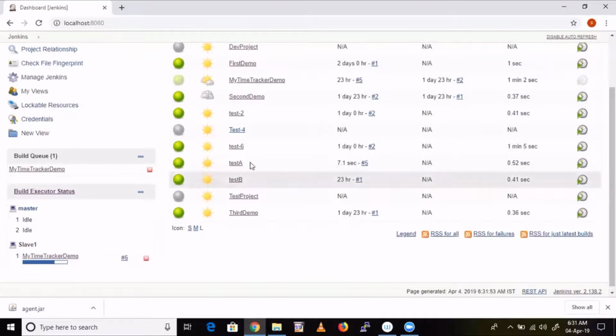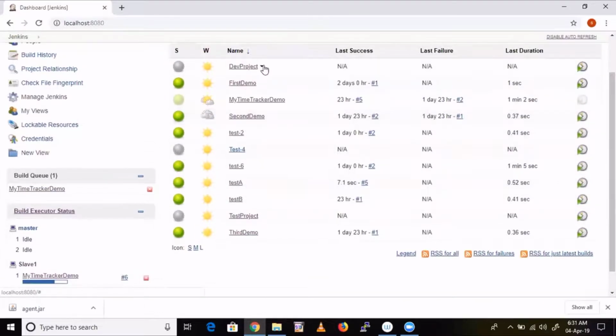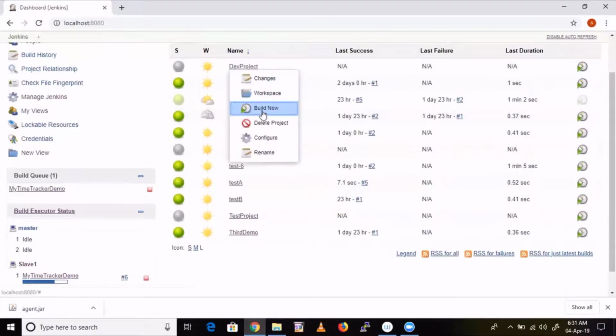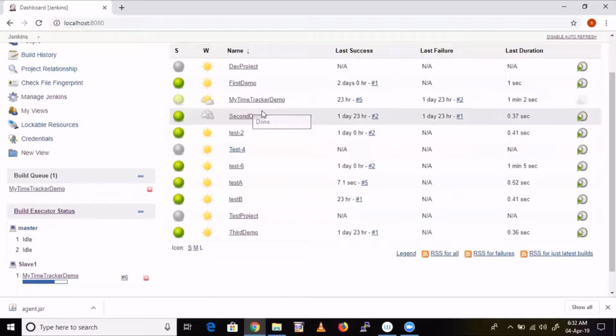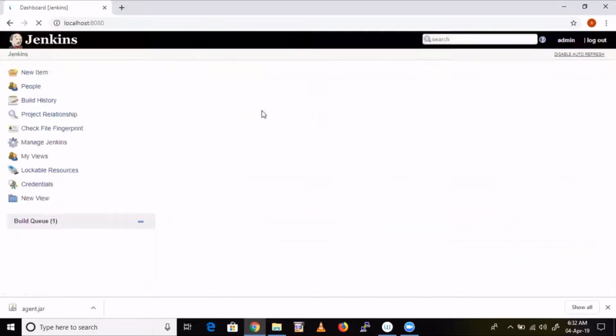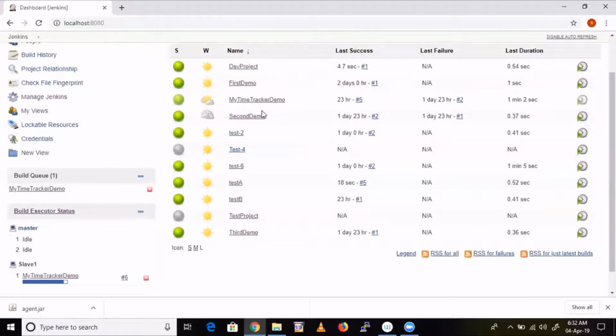Now randomly some jobs will be picked up by master and some jobs will be picked up by slave. So, Sai, is there no specific criteria? Yeah, we can mention that one as well.